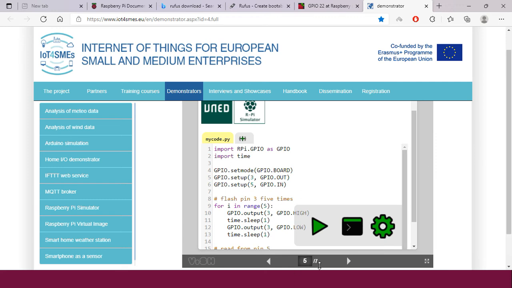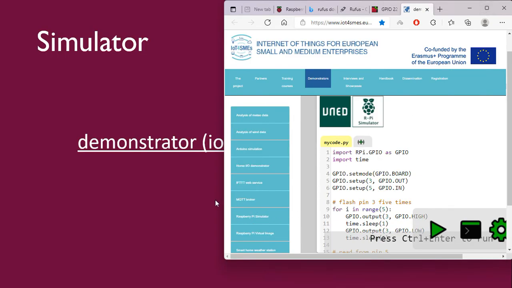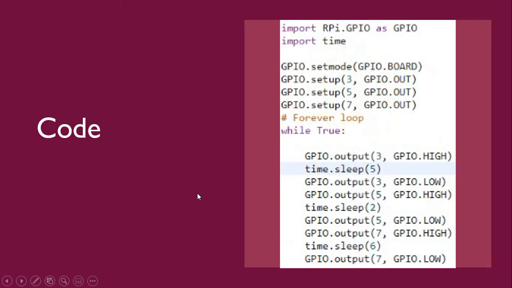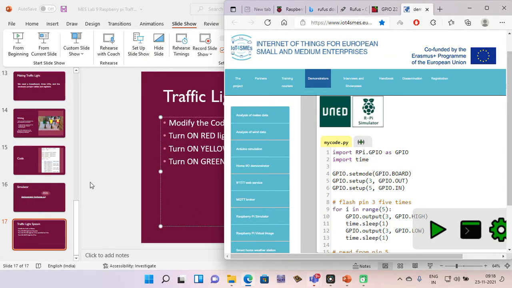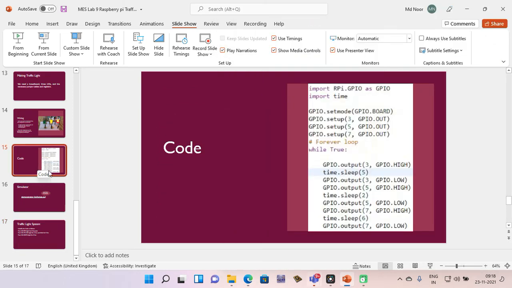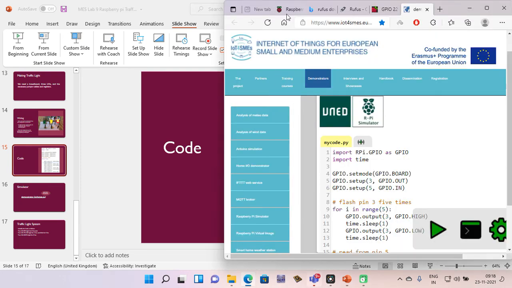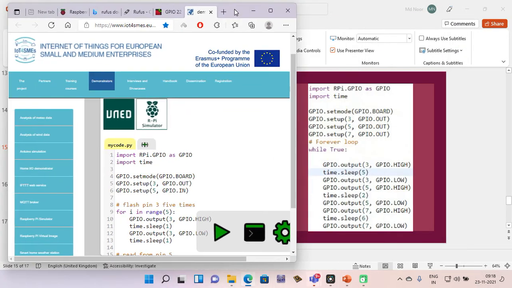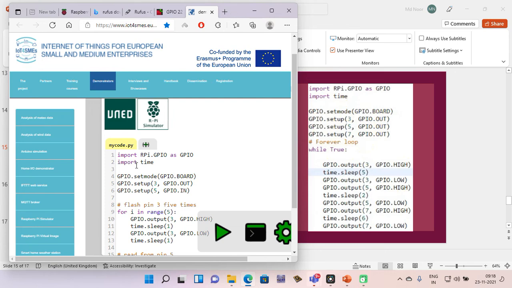So first line is the import. Okay. You put over here. Import RPi.GPIO as GPIO. So import the library, import the time.